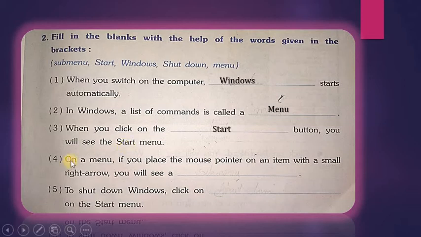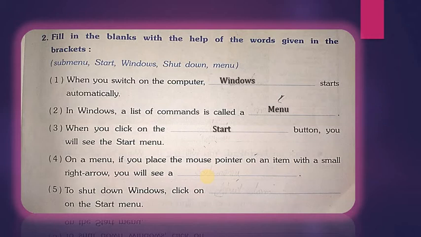So now see the fourth one. On a menu, if you place the mouse pointer on an item with a small right arrow, you will see a dash. So read again. On a menu, we are talking about menu, right?